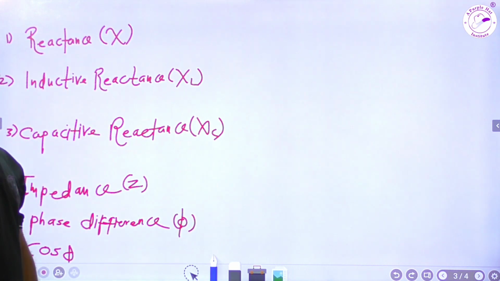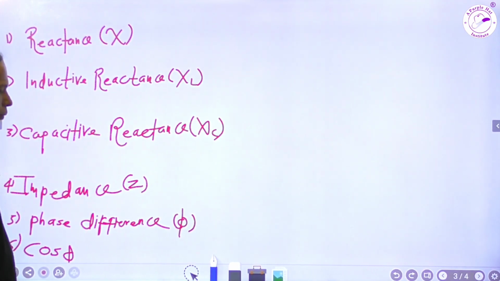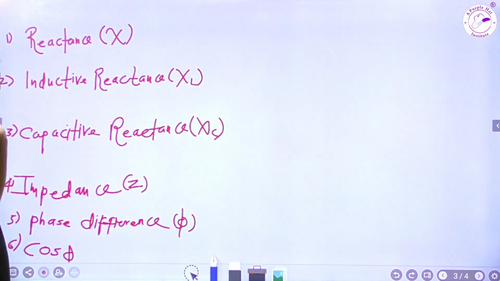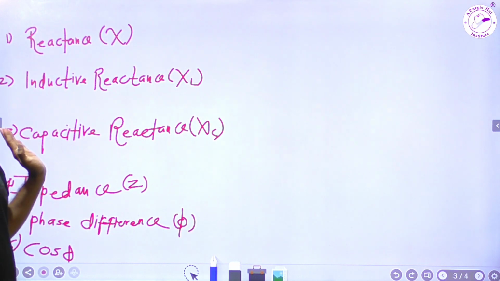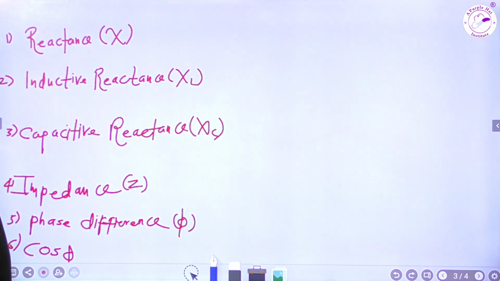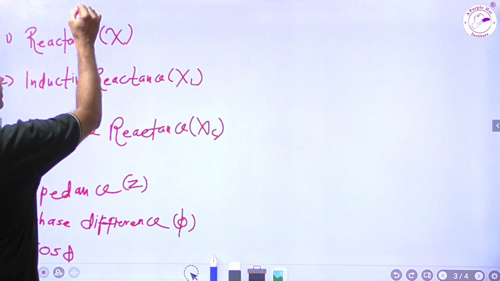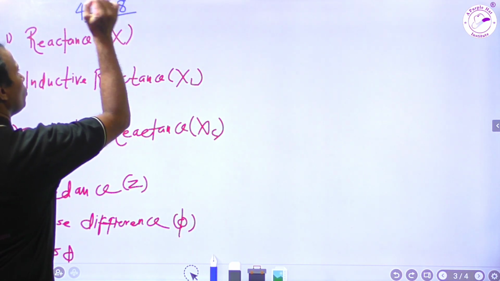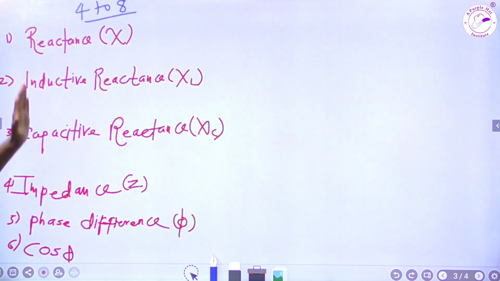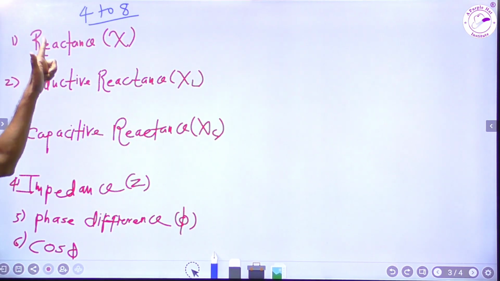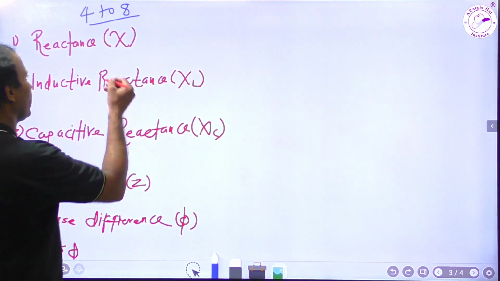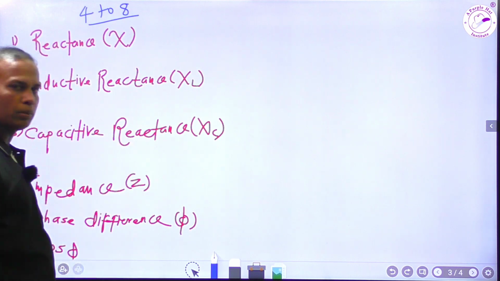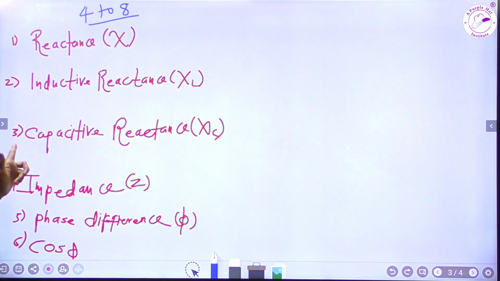Now reactance, this is the most important part, because in problems everywhere you have to find the inductive reactance, capacitive reactance and impedance all the time. Very important. This is important for 4, 2, 6 or 8 marks. Even 8 marks you can cover in this topic. Definition is important plus your equations, inductive reactance, capacitive reactance equations, solving various problems. This is the most important thing in problems. This is required to solve various types of problems.